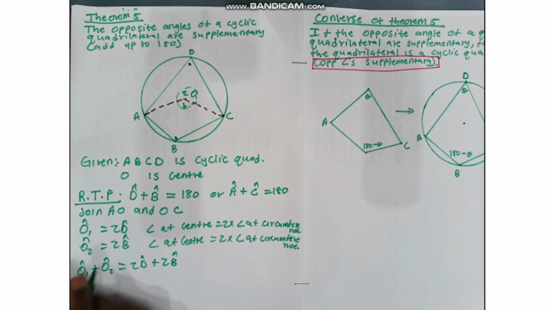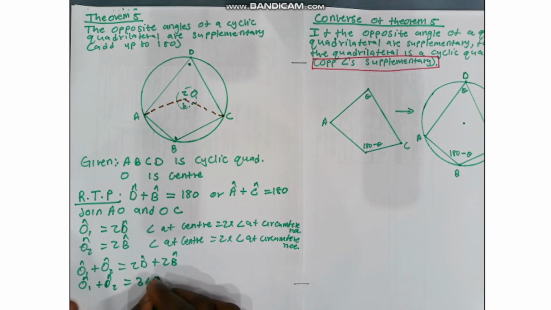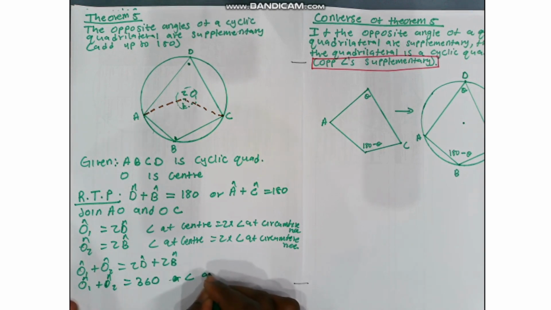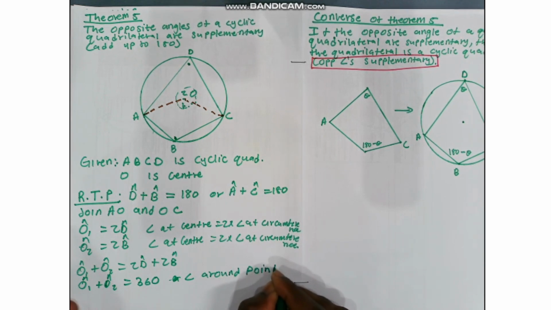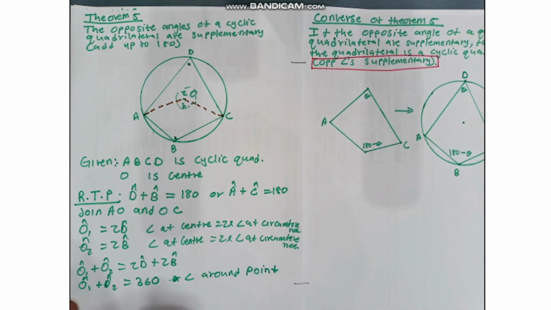O1 plus O2 is equal to 360. Why? Angle around a point, a revolution. Then from there, where there is O1 and O2, I can just put these two,